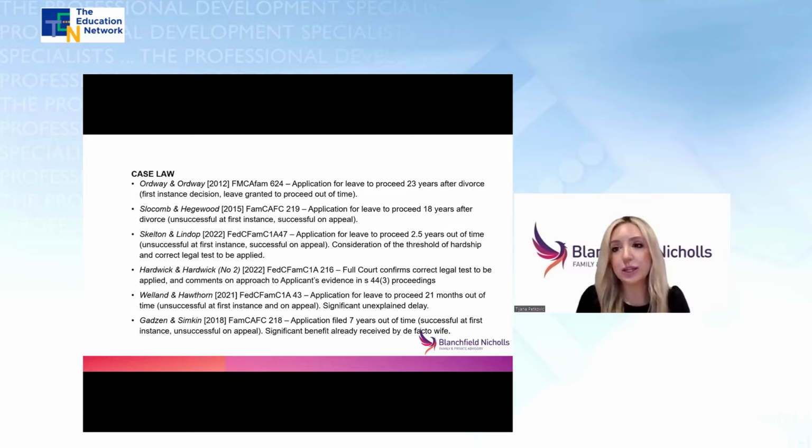You may recall at the start of the presentation that I mentioned that applications for leave to proceed out of time are interlocutory applications, and leave is required to appeal a refusal to grant leave to institute proceedings out of time because they are interlocutory applications. Now, the background facts in this case were not controversial.